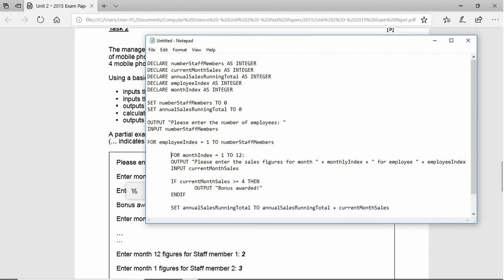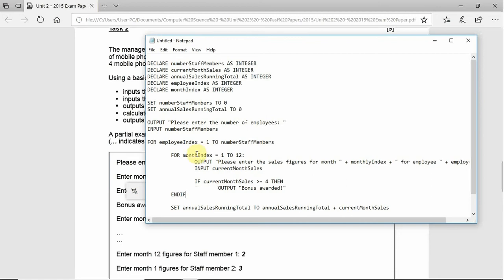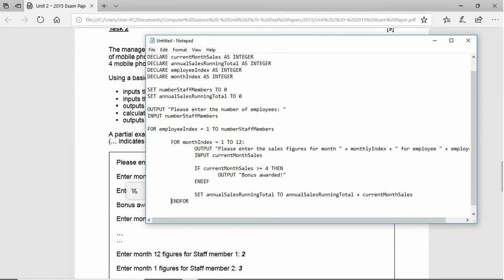So let me indent all this code again, so it's inside the new for loop. Did I end the for? I did. That ends the month index for loop. This will end the employee index for loop. So index for the month and index for the employee. Good. That's okay. So at the end, after we do the 12 months for the employee,